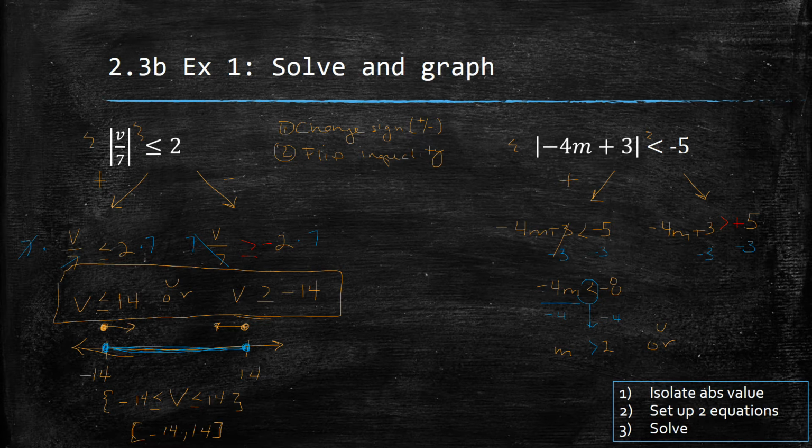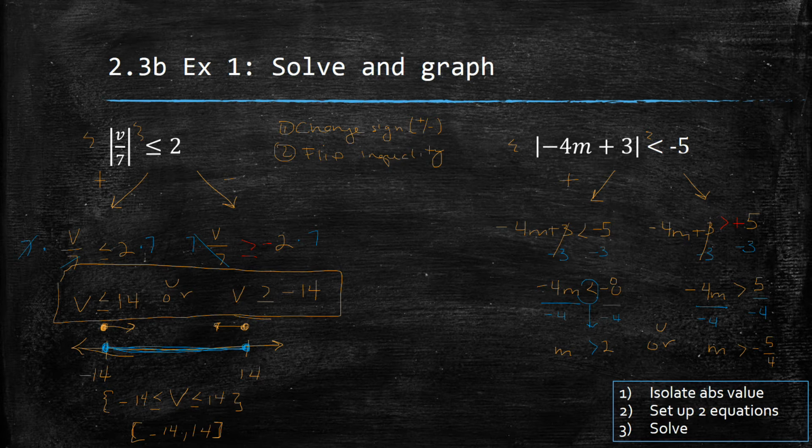Or the union of this right side over here. So when we moved that 3, they canceled. We're left with negative 4m is greater than positive 5. Divide by negative 4. m is greater than negative 5 over 4. Okay,